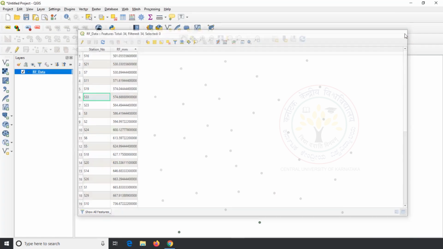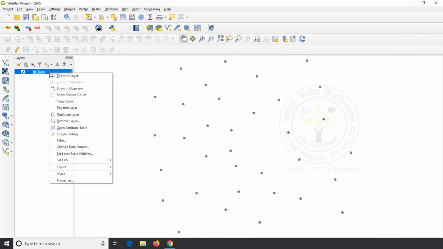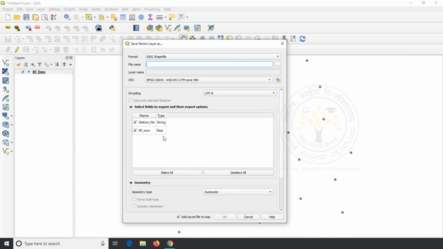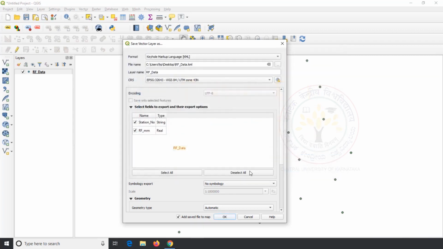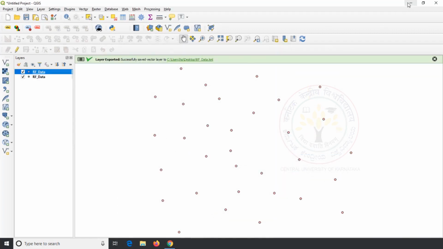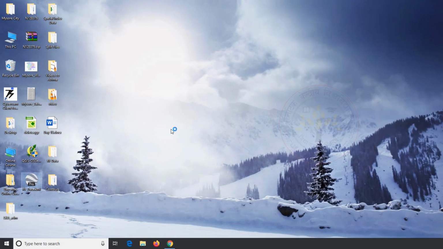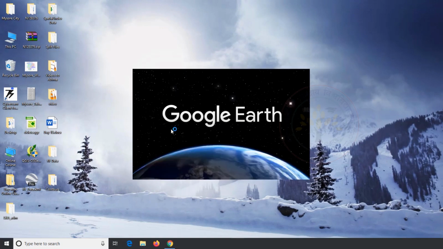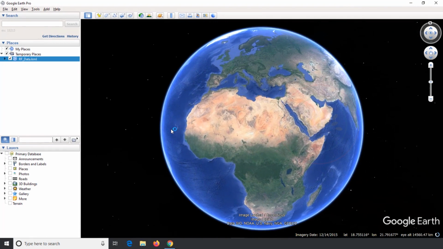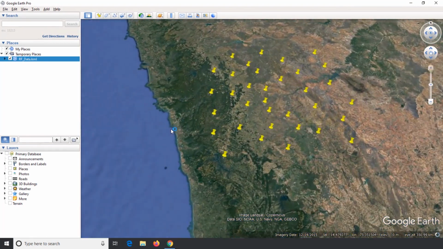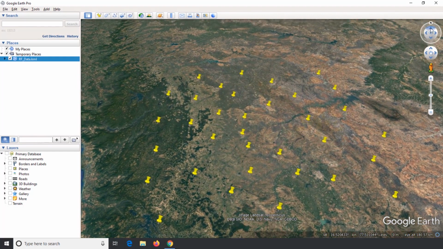For our better understanding, I will export this shape file into KML file and we will see in Google Earth. Look at the location of rain gauge station on the map.